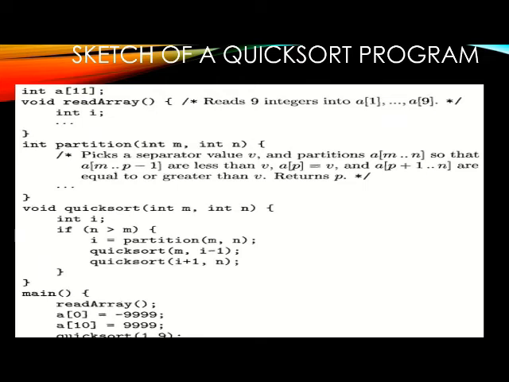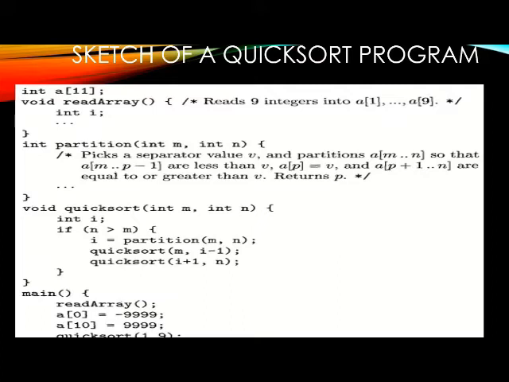Now we consider an example of how to invoke and nest multiple procedures. This program is just a sketch of the quicksort program, not the entire program. Its main intention is just to show how we invoke or nest two or more functions in a proper manner. For that purpose we discuss this program, not for implementing quicksort, just to see where we use activation trees of procedures in real time.